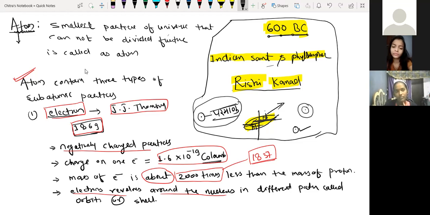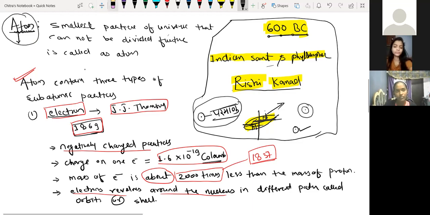If we find glass around us, the particles or atoms of glass may be different. If we find plastic, the particles of plastic may be different. Whatever different kinds of matter we have around us, they are made up of different kinds of particles called Parmanu. And in today's time, that Parmanu is nothing but the atom, the modified form of the Parmanu.